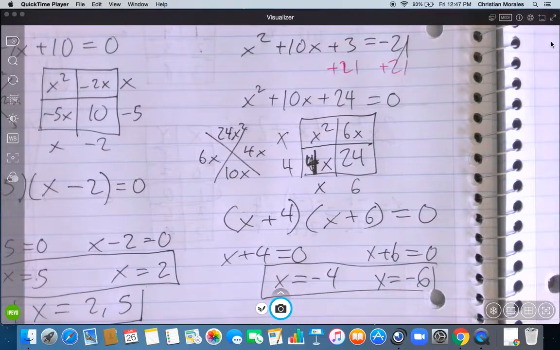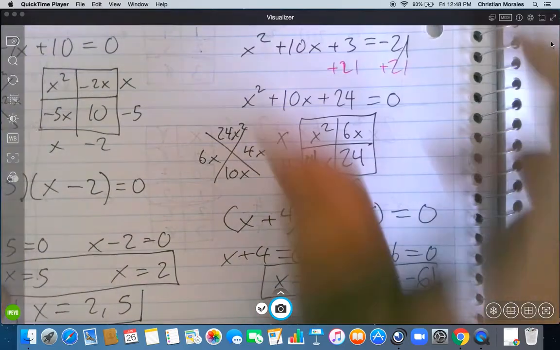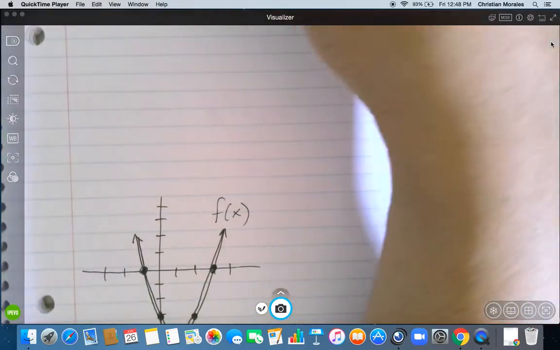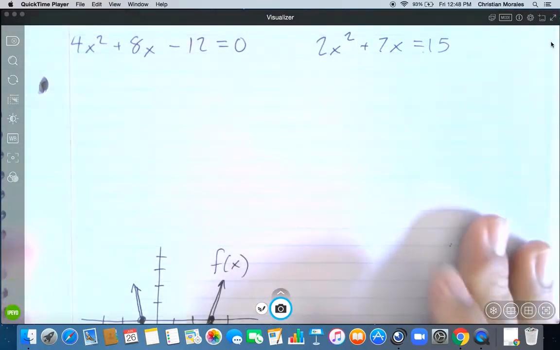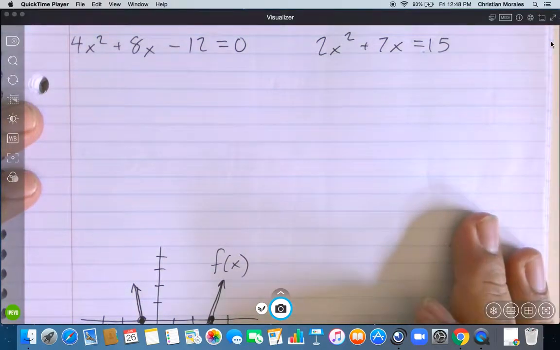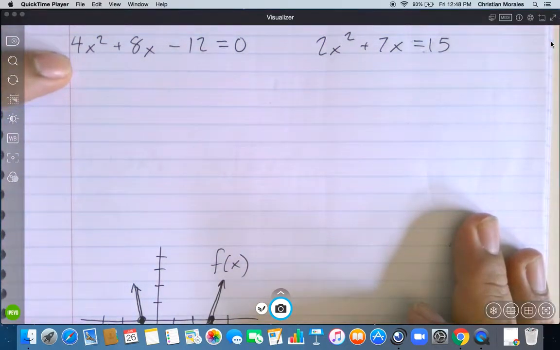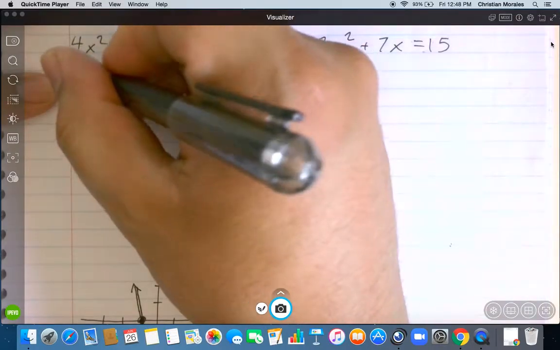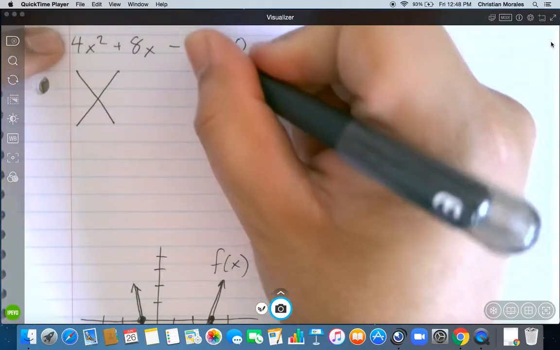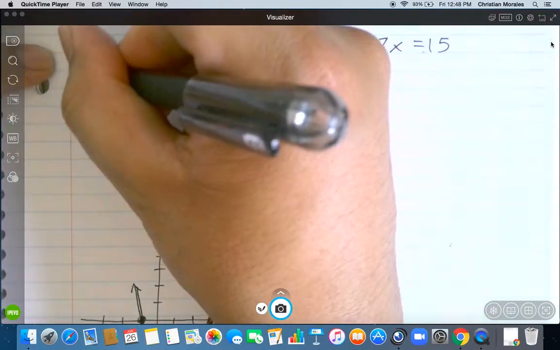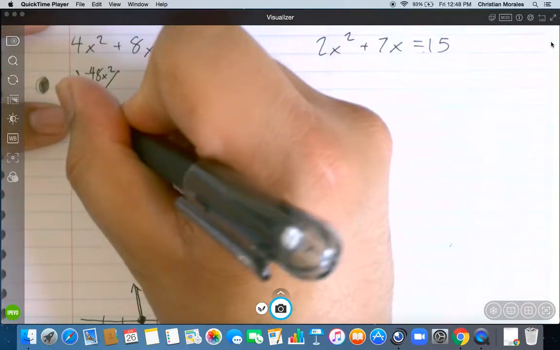And that's solving using factoring. Okay, now, that's complicated a bit. Sorry, I know it's not fun to do, but sometimes they're not that easy. Sometimes they get a little complicated. Here, if we put this in an X box, multiply the first and the last term, that's negative 48x squared and